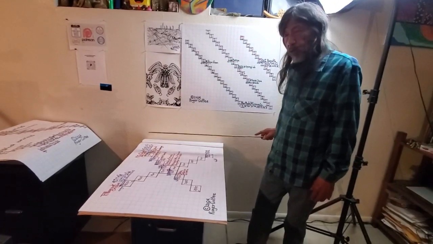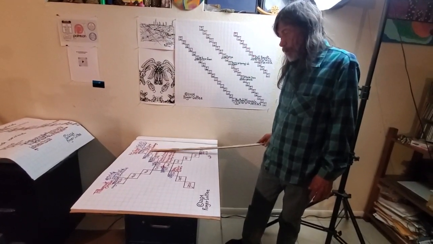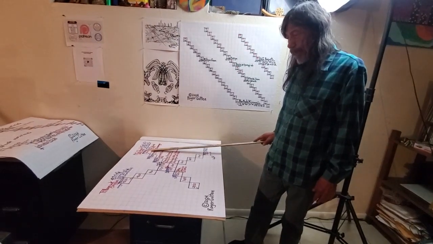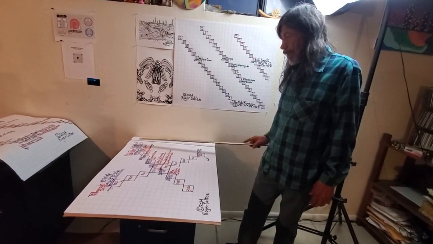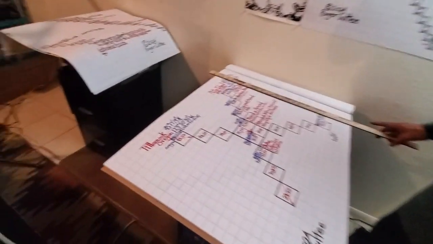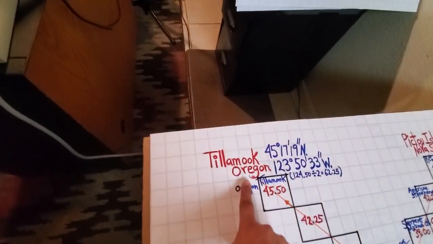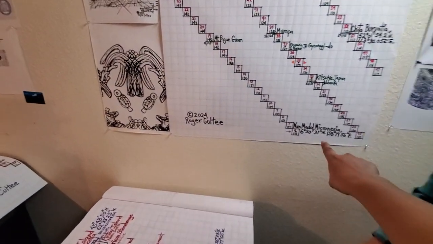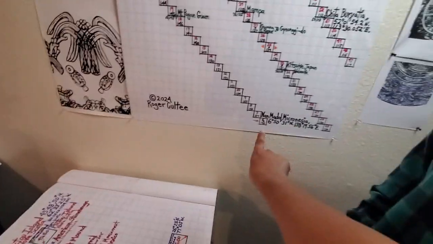This one's set up for global trading. This can also be applied for global mapping too, because I have another map that's set up for the entire world in 3.25. So Tillamook, which is here in Oregon, on this map over by Nan Madal, would actually be going off that way.